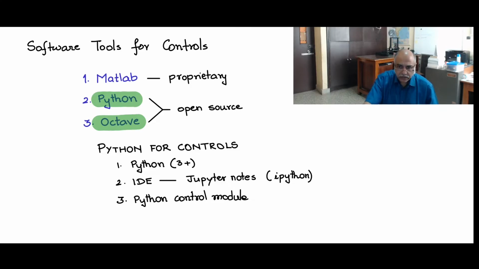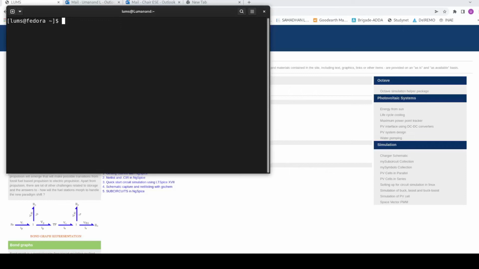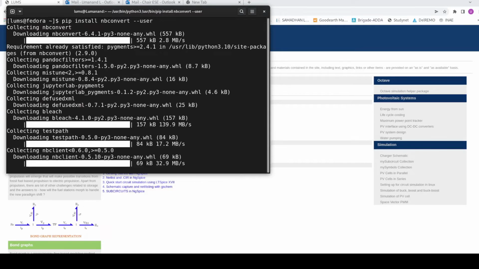So first let us see how we go about installing Python related software. On my desktop I have the Fedora 35 Linux distribution. Python is built into the distribution, so I don't have to separately install Python. However, I need to install a few other packages for my Jupyter to work. So let me start installing them. I will open this command terminal window, and let us do it through the commands. So I will use Python's pip install command, and install nbconvert with the user option. You can use this syntax,